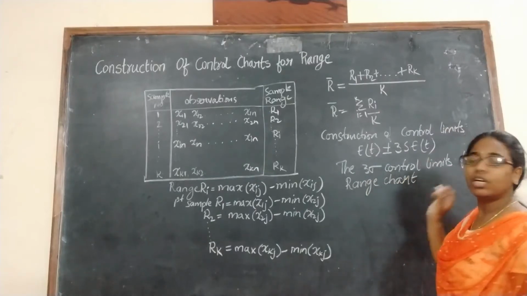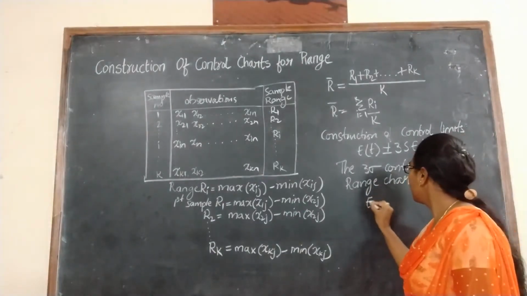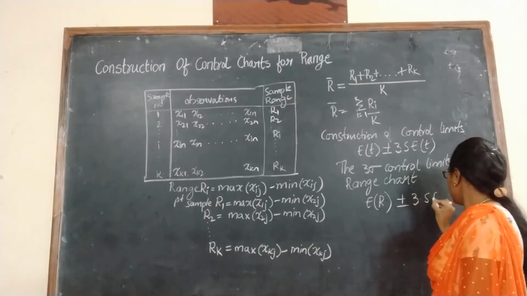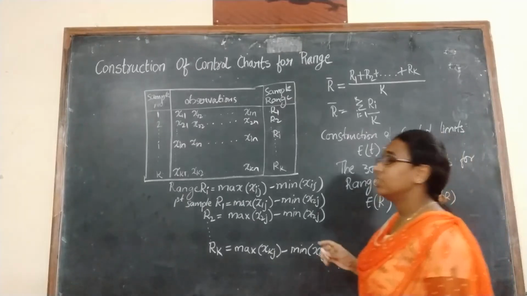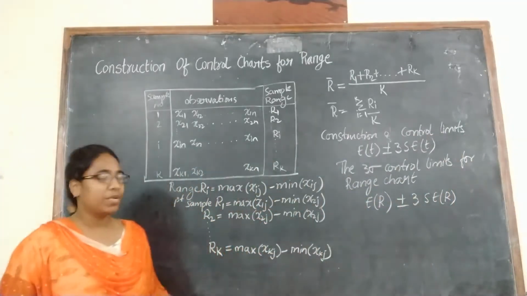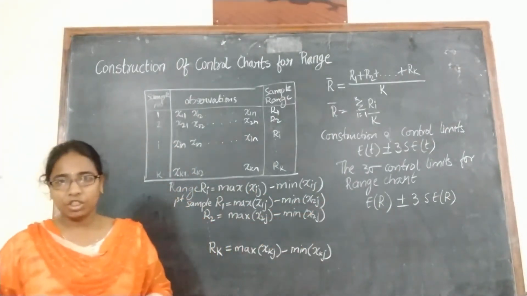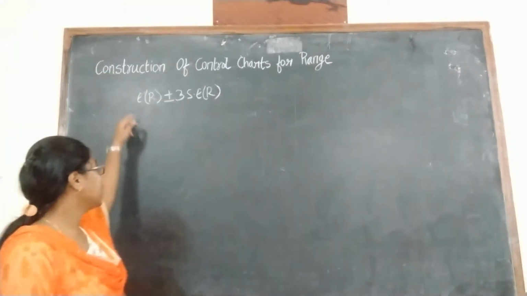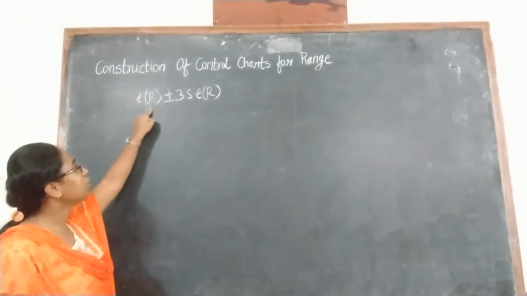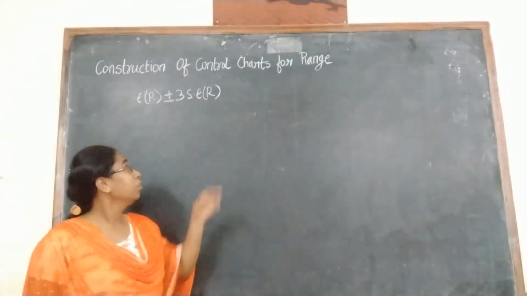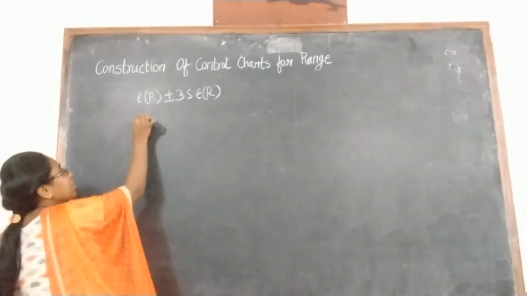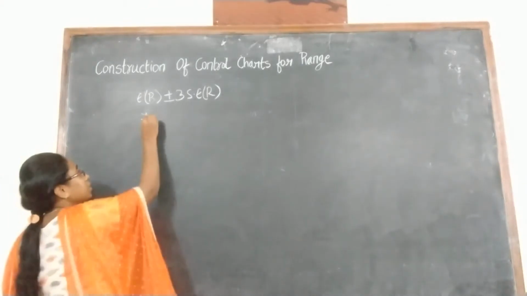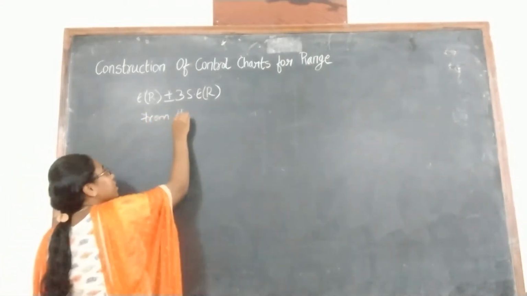So the 3 sigma control limits for the range chart are given as expectation of R plus or minus 3 into standard error of R. Now we will substitute the expectation of R values and the standard error of R values. And yesterday also we have seen the sampling distribution, so from the sampling distribution